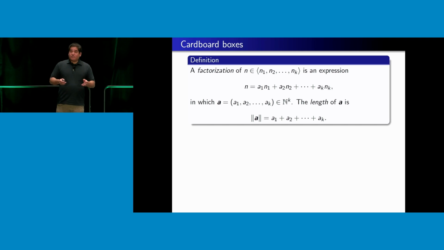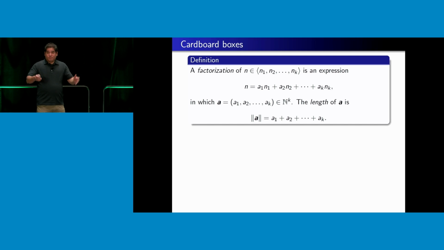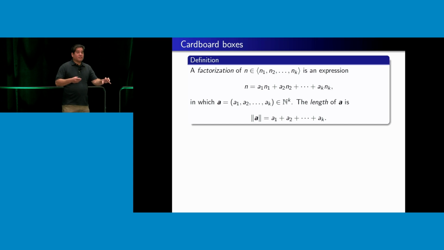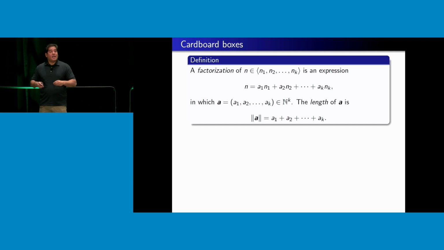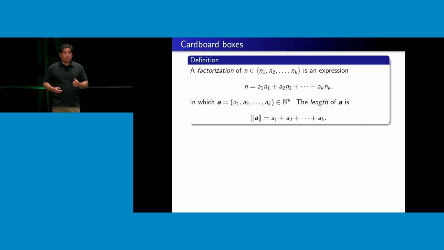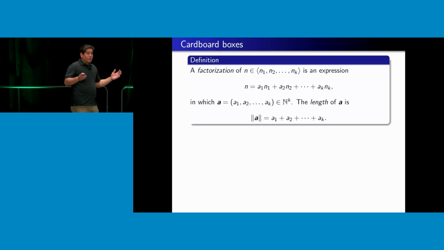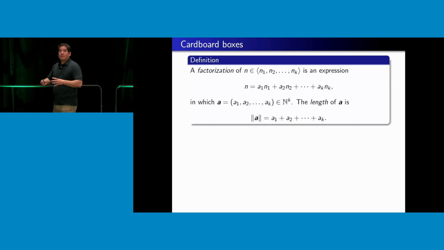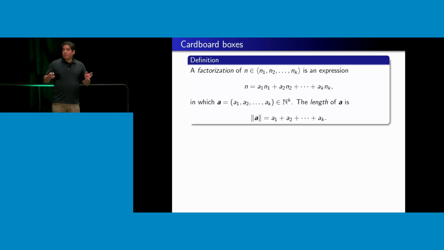to do this. And so the cashier will respond with a collection of boxes of chicken nuggets, and will reach up to n by saying I'll have A1 boxes of size n1, A2 boxes of size n2, and so forth. That's going to be a factorization of n within this numerical semigroup. So I'm going to encode that as a vector, bold-faced A, and I'm going to want to think about the length of a factorization. That is sort of what linear algebraists would say is the L1 norm of the vector. You just add up the coefficients, no absolute values needed because everybody is non-negative.